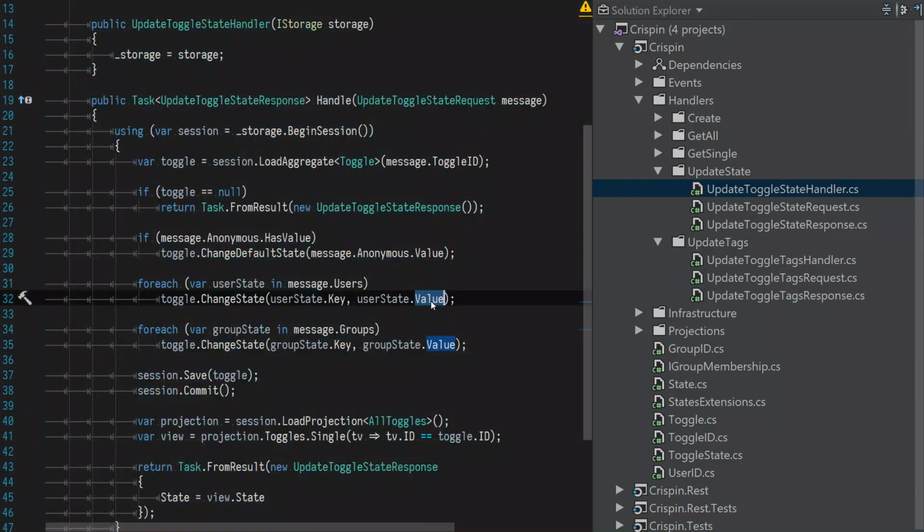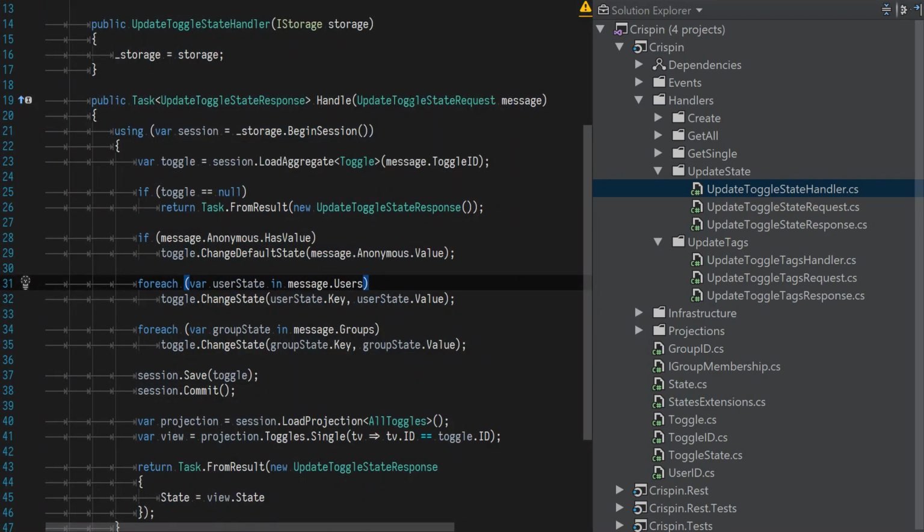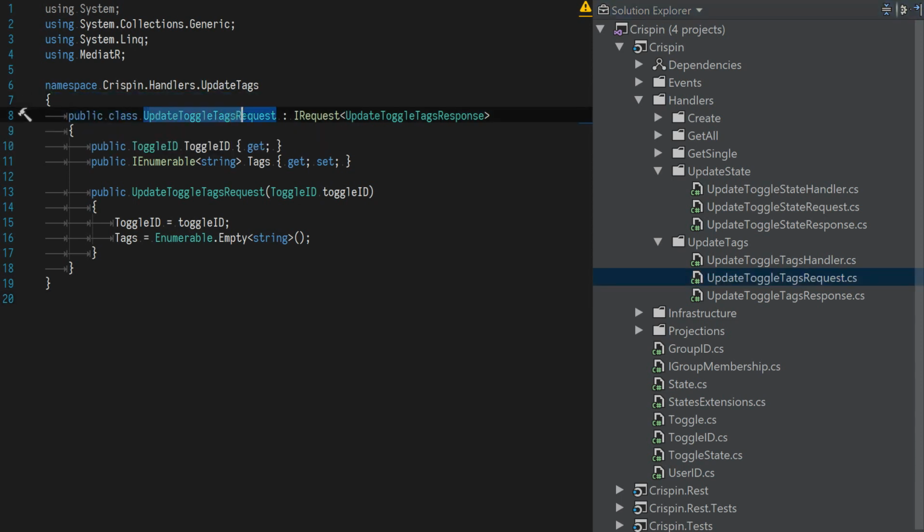Because we had values for true and false. This time we don't though, because we just have an array of tags. Now it's the same semantic part of it. So our request object is still going to look for the same structure of this, but we can't use an update toggle tags request unless we go and do something like public bool